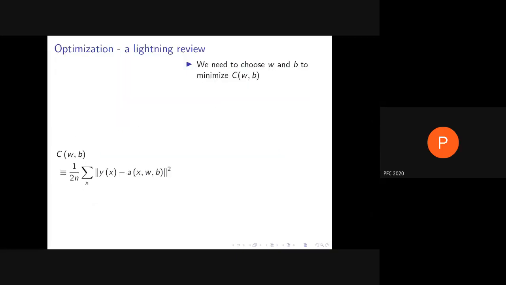So this is a minimization problem. Minimization is a part of what is called optimization in technical language. Of course, minimization, maximization, all of them are optimization. And I'm going to give you a lightning review of optimization here. Most of you would say, why is somebody talking about that? After all, you know how to minimize functions, right? At least anybody who has done high school calculus knows how to minimize functions. Well, the reason I'm saying that is the techniques we learned in high school will not work.